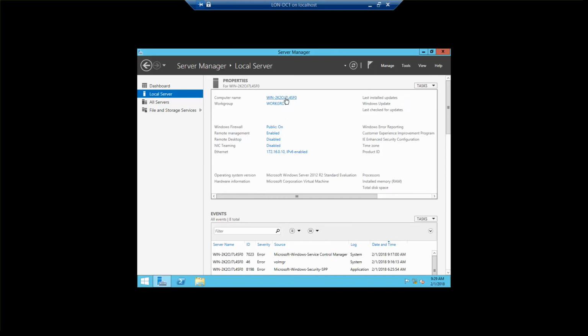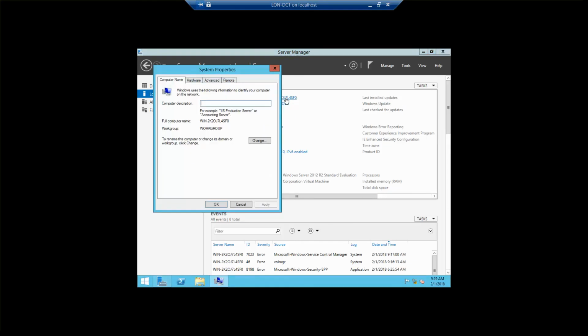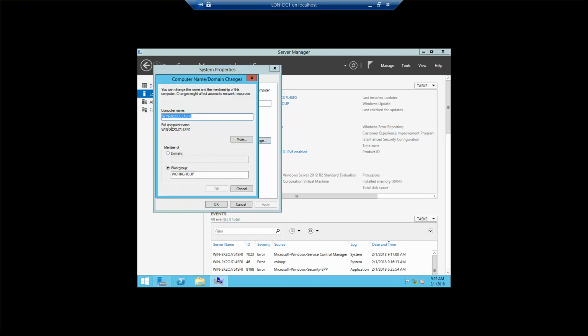Right now we're going to go up to computer name. Now if you put anything here, this is not going to change the name. This is just the description. When I first started teaching these labs, that was one of the most common mistakes, is people would put it in here. That doesn't change the name. So we're going to click on change. This is where we need to change the name. Now according to these instructions,